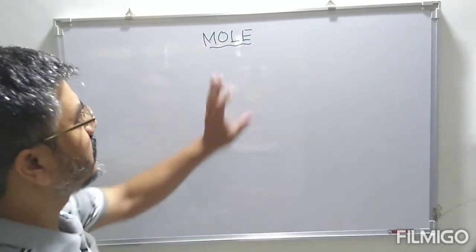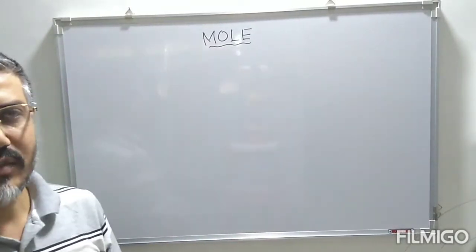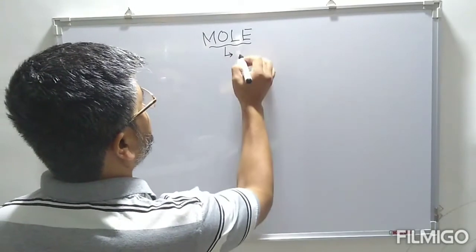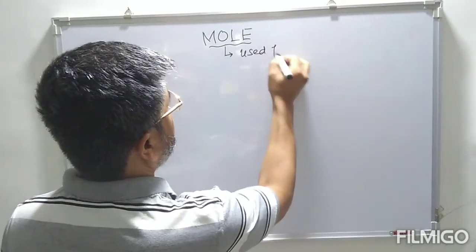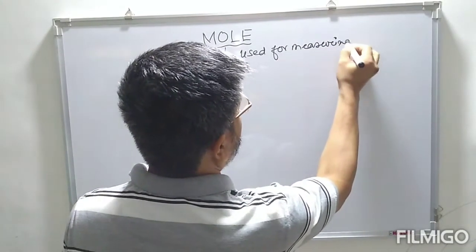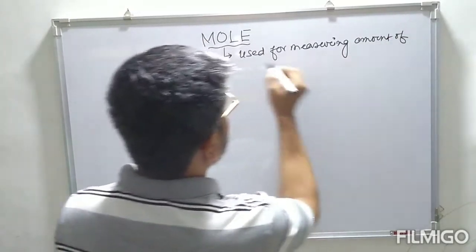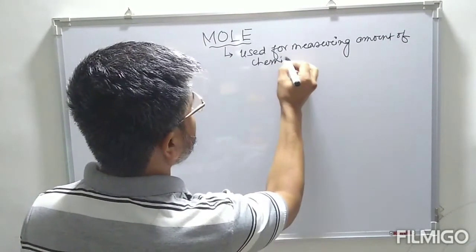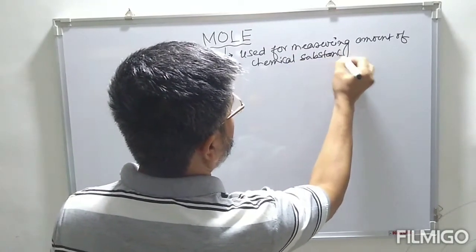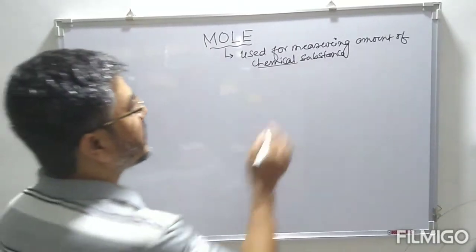So mole is a unit which is used for measuring the amount of chemical substance. When I use the term chemical substance, these chemical substances